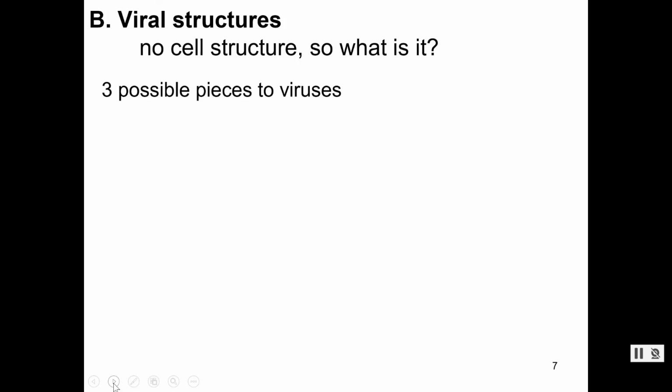Okay, so we've said this virus is really, really small. If it's made up of things, we need to figure out what it's made up of. So I think I'll stop this intro video here, and then we'll figure out what a virus is made up of. If it doesn't have a cell membrane, what does it have? So join me in the next video, and we'll talk about that.